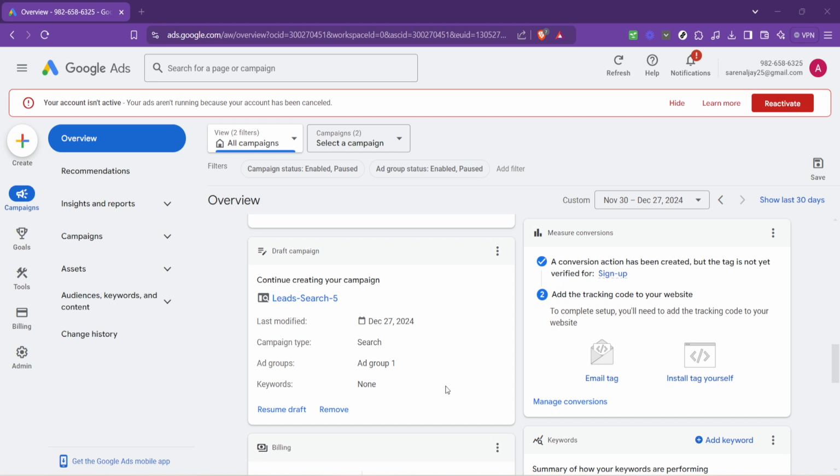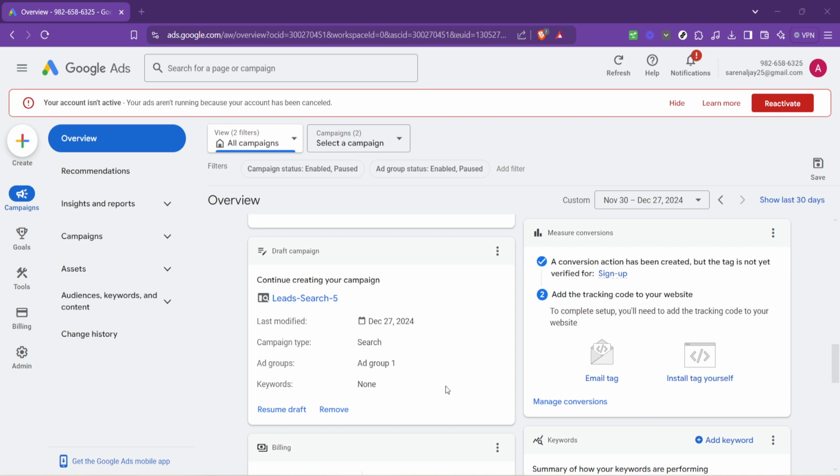As you continue to use Google Ads, keep in mind that managing your campaigns effectively involves not just creating and running them, but also knowing when and how to end them. Regularly review your campaigns to decide which are achieving your business goals and which might be better off paused or deleted. This helps in keeping your Google Ads account organized and focused on the campaigns that truly matter to your